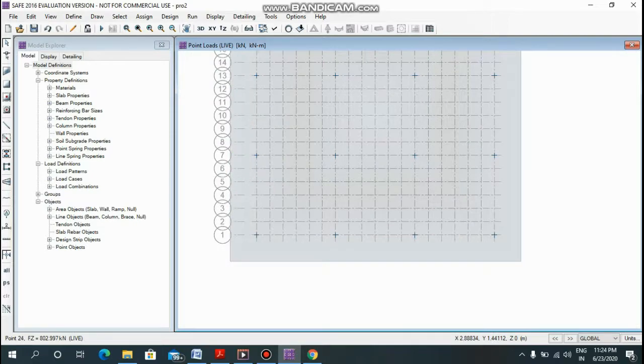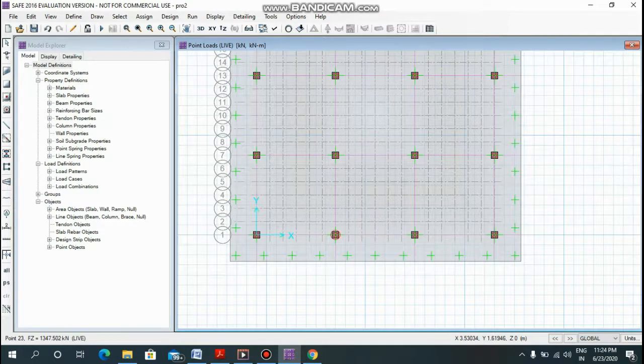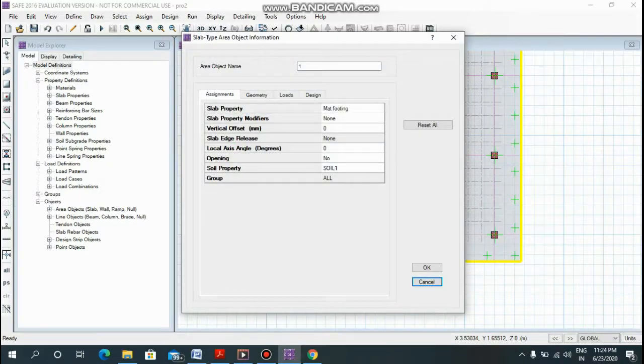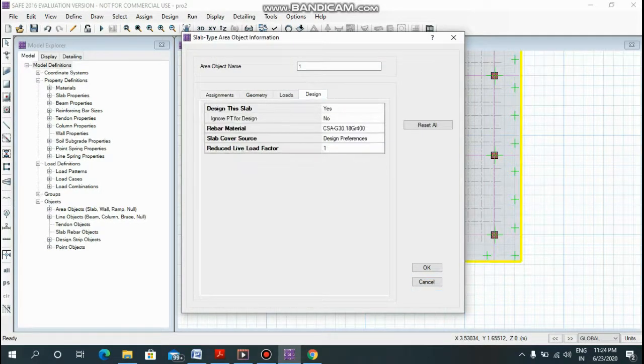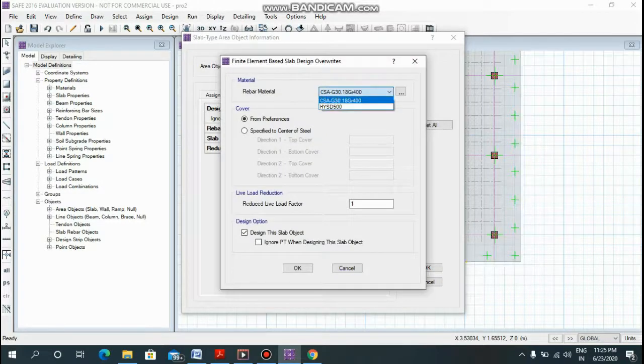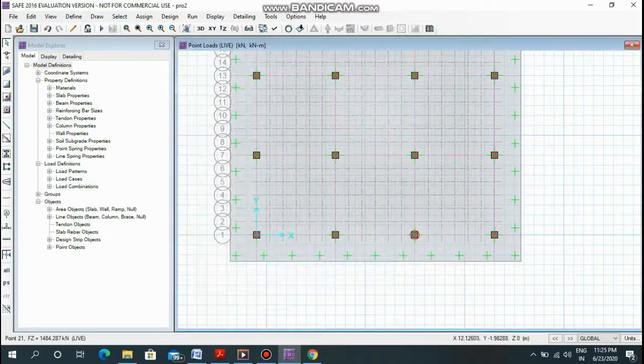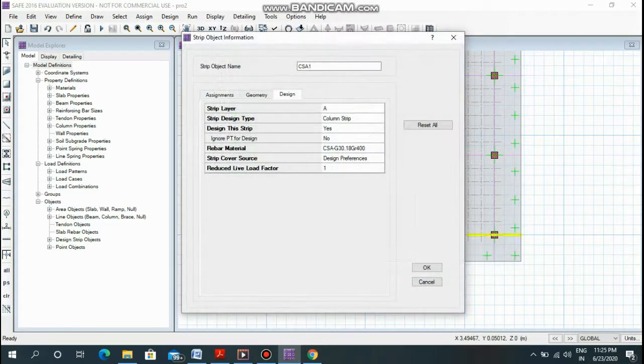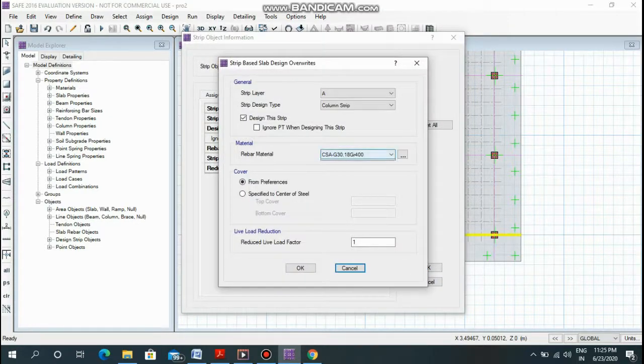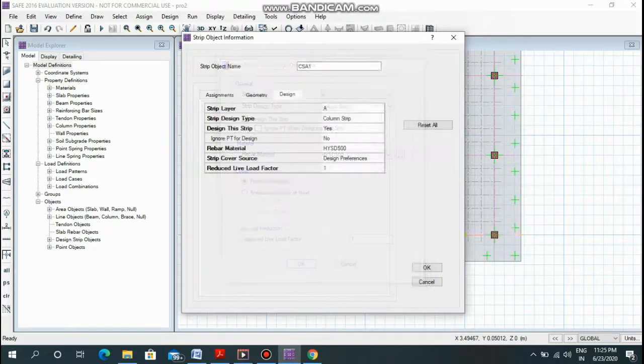To assign the rebar materials for the footing, right click inside the footing area. Under the design tab, change the rebar material to HYSD 500. Now select each strip, right click on it and change the rebar material to HYSD 500.